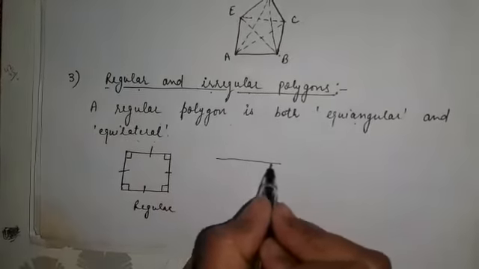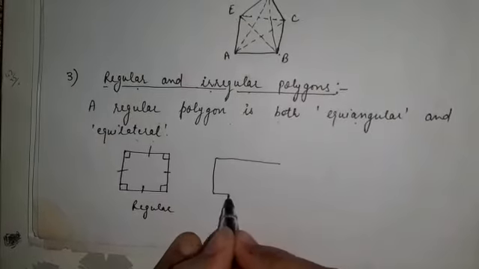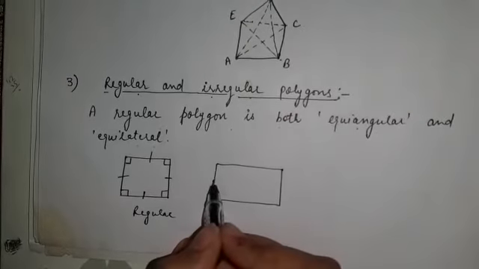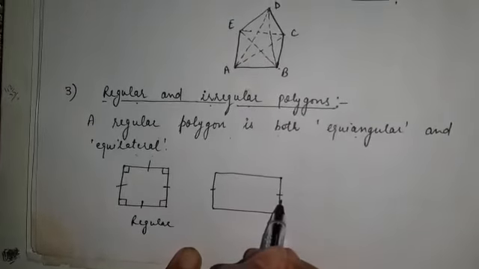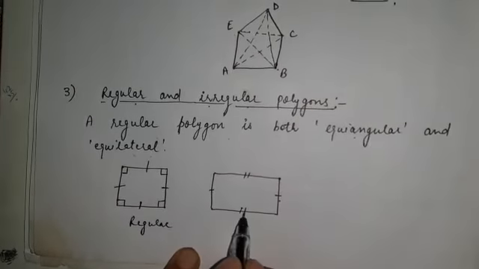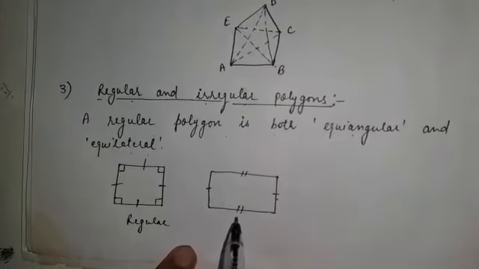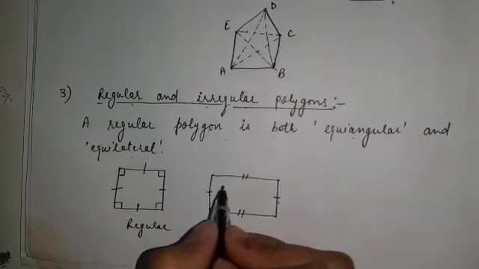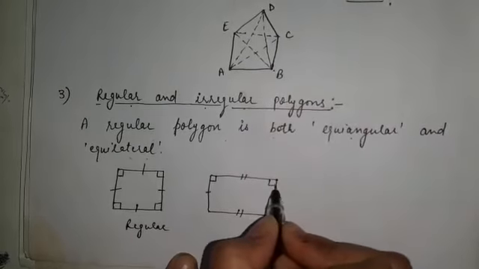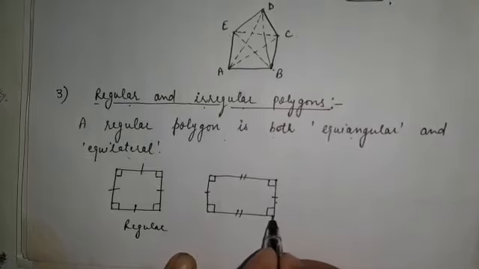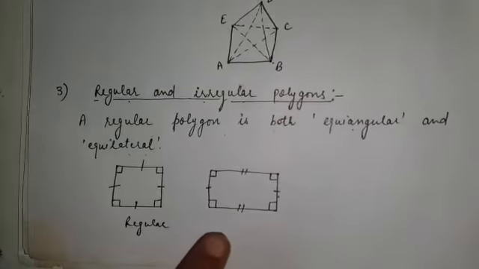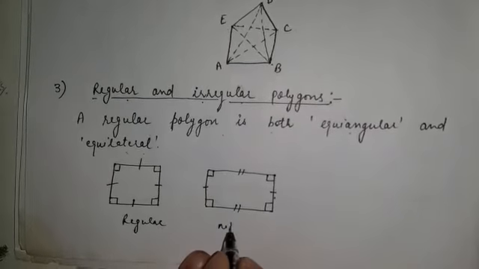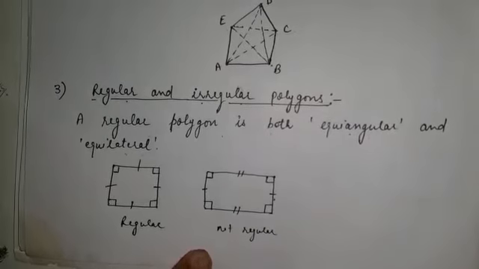Now if I draw a rectangle, what about rectangle? Will it be a regular figure? In this, the property is opposite sides are equal. This side and this side have equal measures, and this side and this side have equal measures. So opposite sides of a rectangle are equal. That means it is not equilateral. The second thing, if I draw the angles, all the angles of rectangle are 90 degree. Whenever you draw a rectangle, all its angles are of 90 degree. Okay, so this figure is not a regular figure just because its sides are not equal.